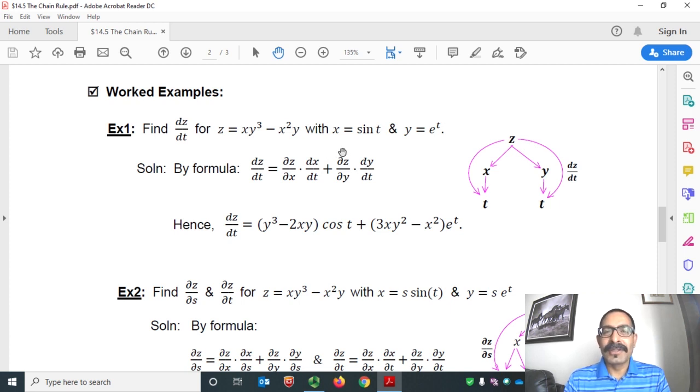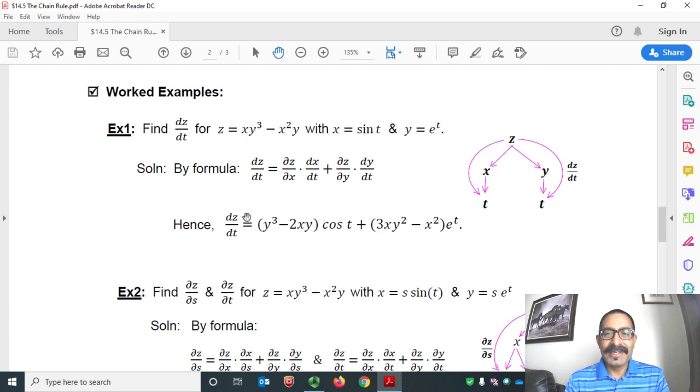Let's draw the tree diagram. Here z is a function of x and y, and x and y are functions of t. Then by the formula, dz over dt equals del z over del x times dx over dt plus del z over del y times dy over dt. Here, z is a function of 2 variables, so we will take partial derivatives, but x and y are functions of a single variable t. We will take ordinary calculus derivatives. Hence,